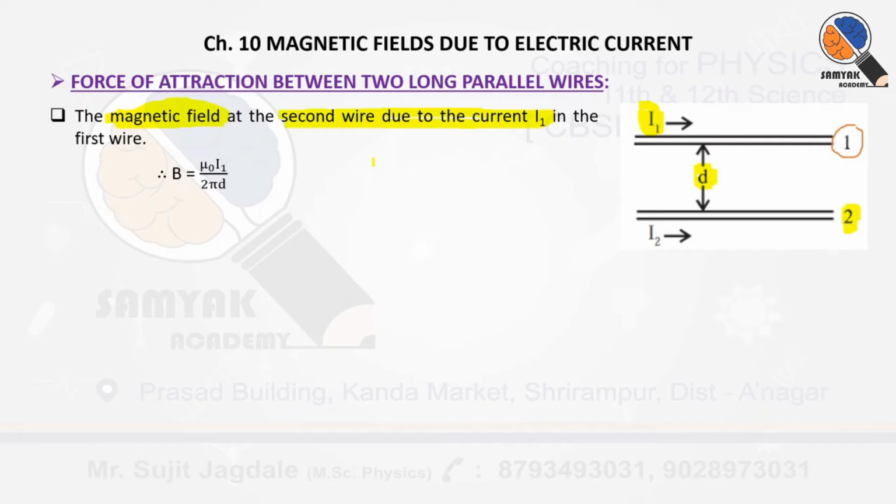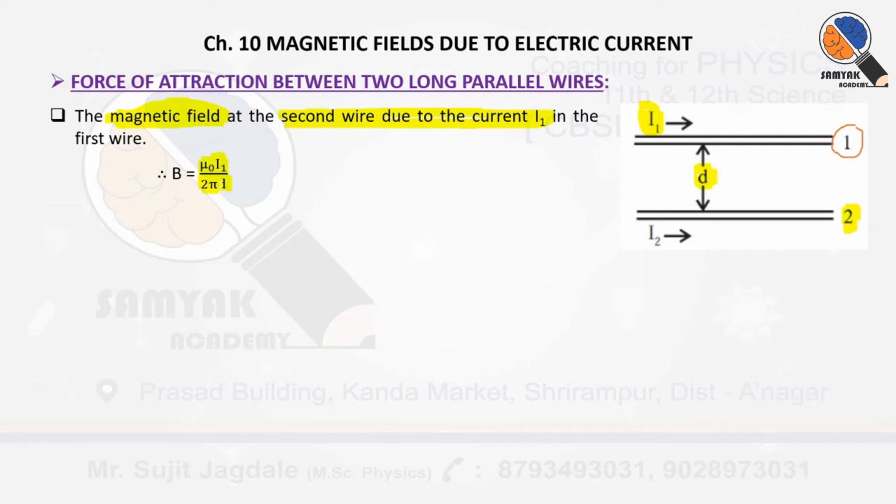So that formula is actually mu 0 I upon 2 pi capital R for the long infinite straight conductor. So here I1 is a long infinite conductor, that means through which I1 current is flowing. So I had replaced that I with I1 and divided by 2 pi into capital R. That capital R means the distance, but here the distance is small d. So I had replaced it with small d. That's why I got the formula mu 0 I1 divided by 2 pi d, which is the formula for